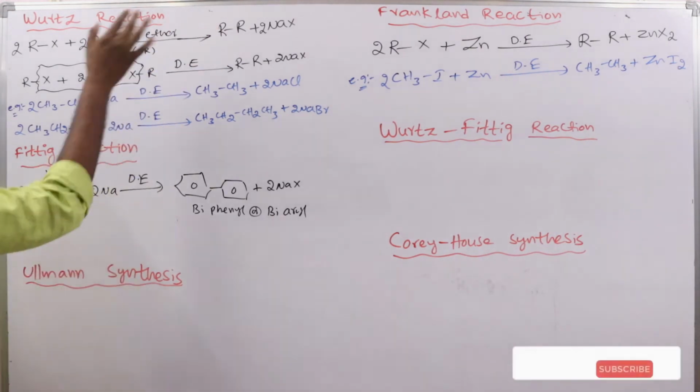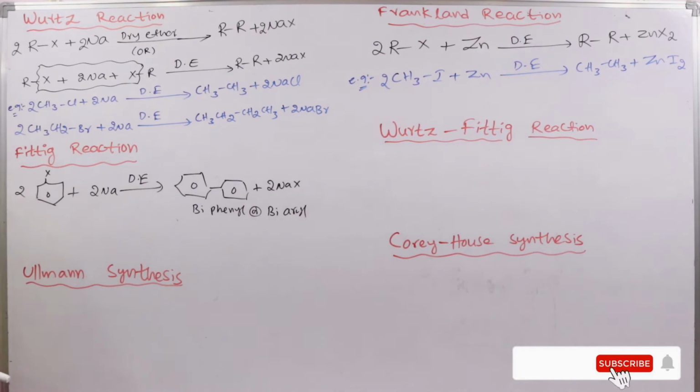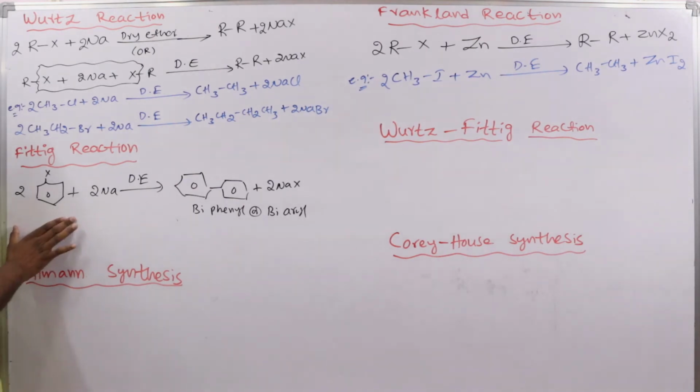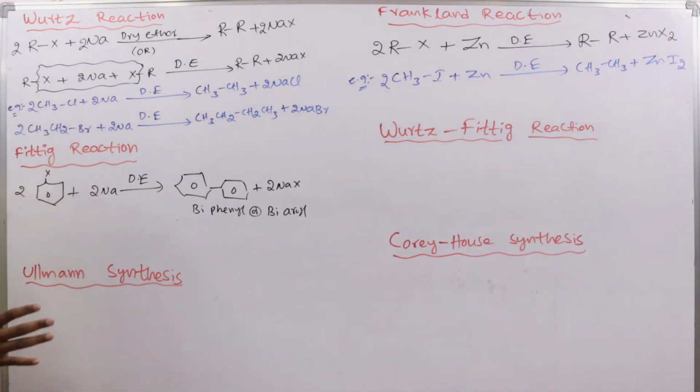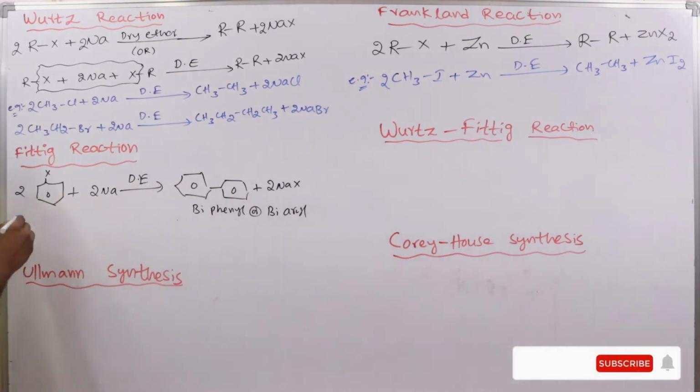Okay, clear? So how can we remember these two? In the Wurtz reaction, alkyl halide is the reactant, and in the Fittig reaction, aryl halide is the reactant. Very simple. Okay, so if we take an example here,